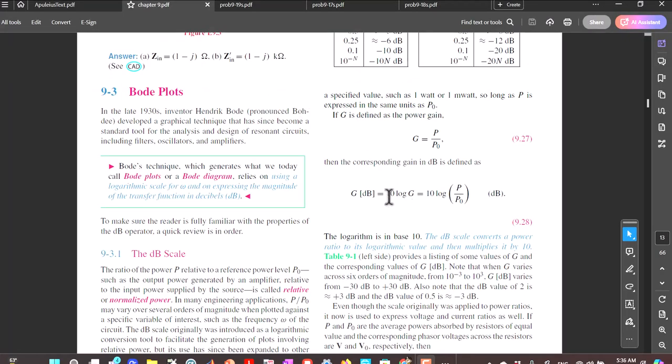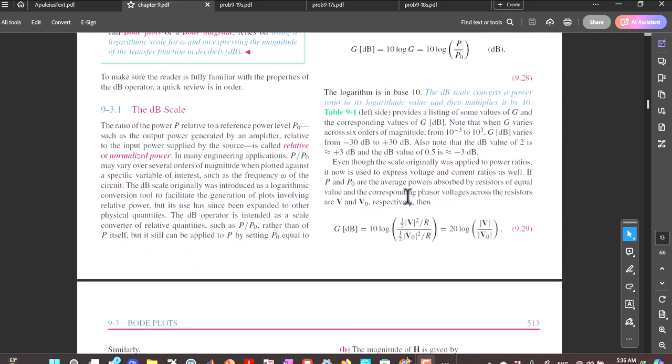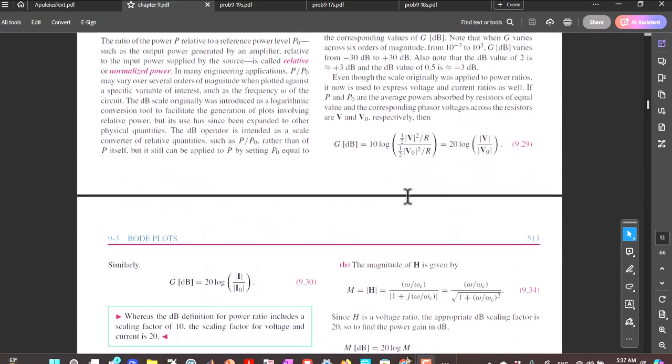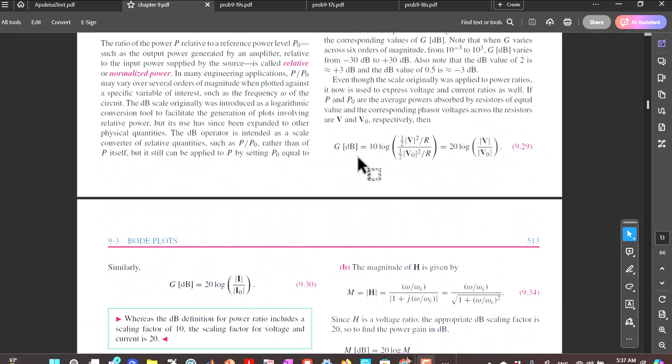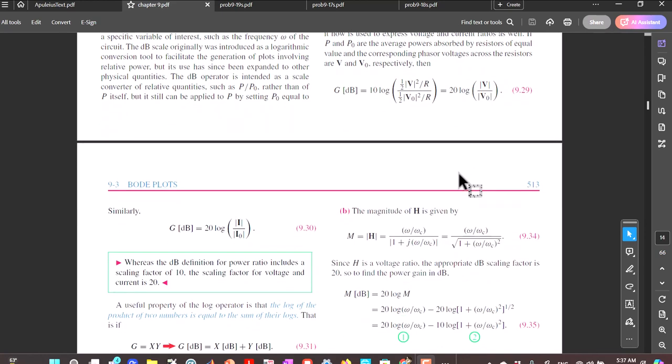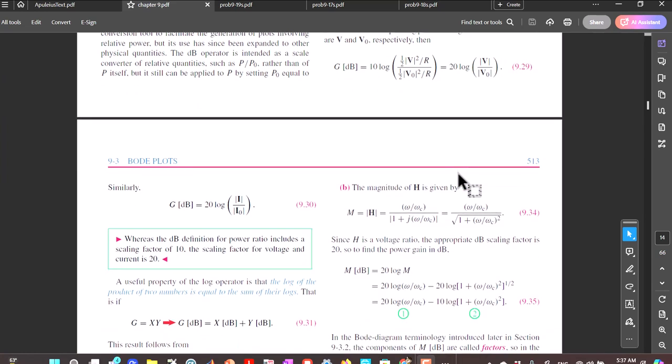is for power, the gain in decibels is 10 times the log of the gain. But for voltage, and most of what we're looking at is voltage, our gain is going to be 20 times the log of the voltage. And usually that's what we're looking at. And so right here,